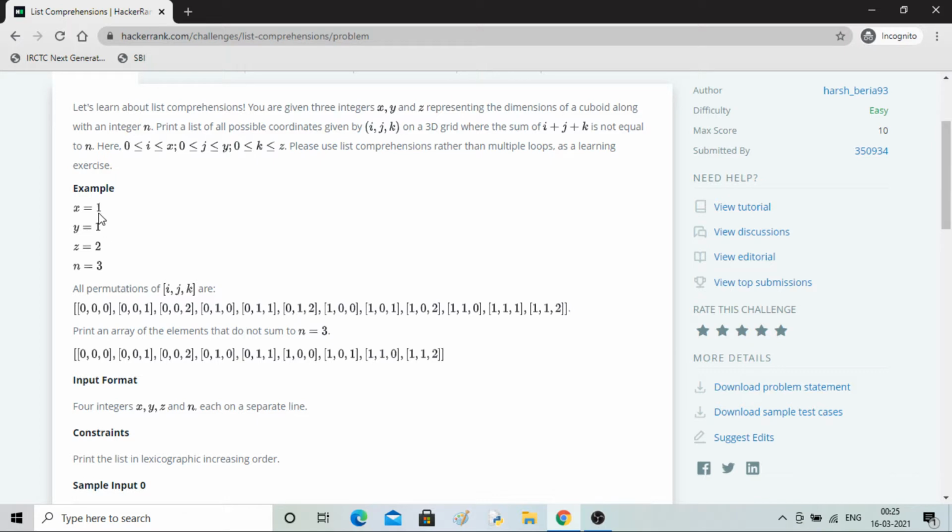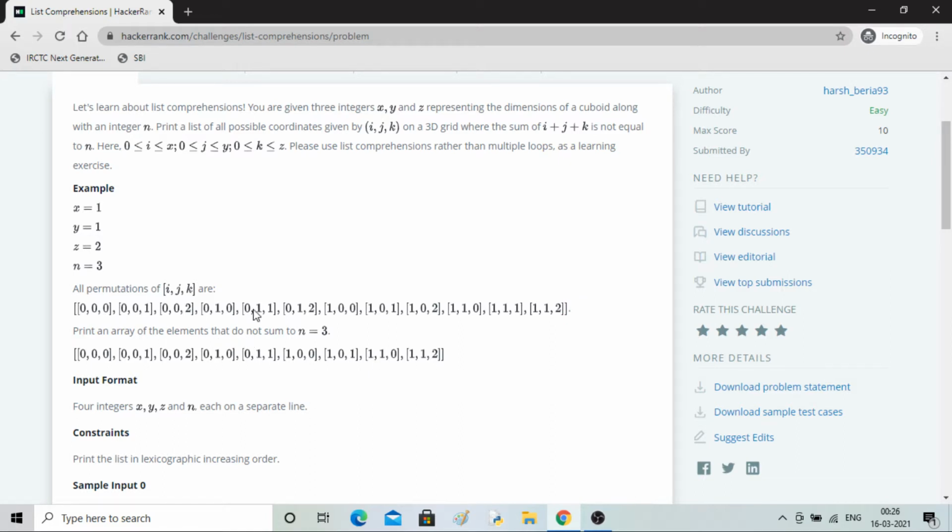Then in the third case, x and y and z are all covered with x equal to 0. Now x will convert to 1 and all the same combinations will apply here as well. So 6 was here, 6 will be next, so a total of 12 combinations will be there. This is making a list of all the possible combinations we are having. Now in the next list you have to print an array of elements. 1, 2, 3, 4, 5, 6, total 12 elements are there, and inside each element you can think of three coordinates.